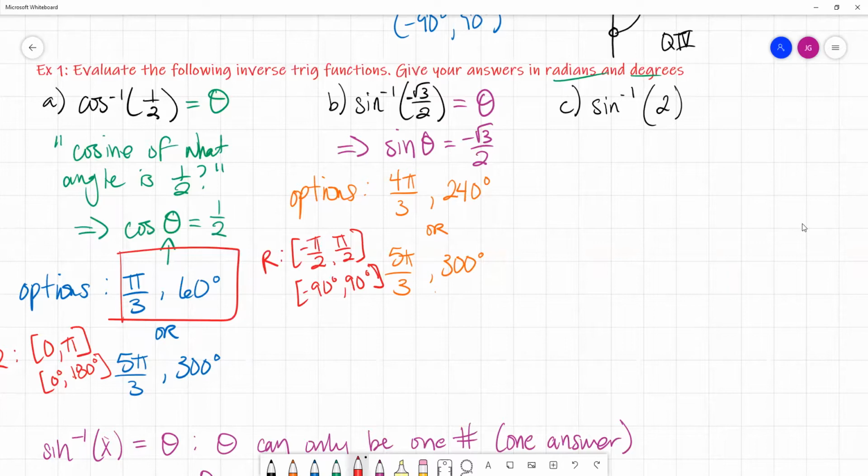But not all hope is lost, because what I can do is rewrite these as coterminal angles. That's where coterminal is going to help us a little bit here. If none of these angles look like they work, first try to get them to be coterminal. Looking at both of them, they look pretty big compared to my degree range. They're both above 90. So I'm going to subtract 360 from each of the degrees. I'm going to work with the degrees because it's a little bit nicer to show you in degrees. So if I do 240 minus 360,